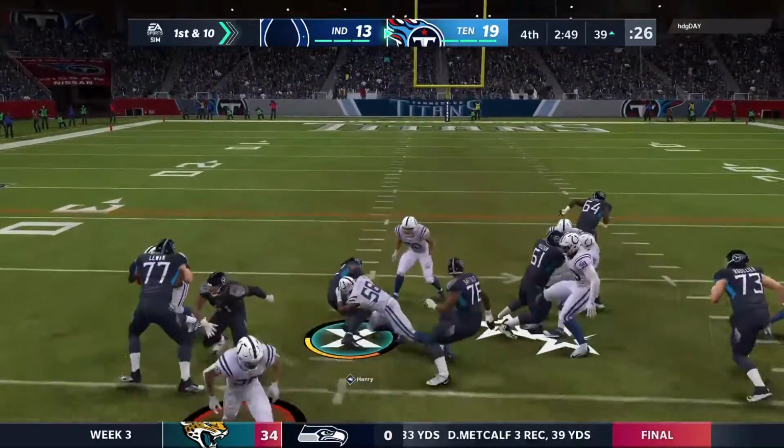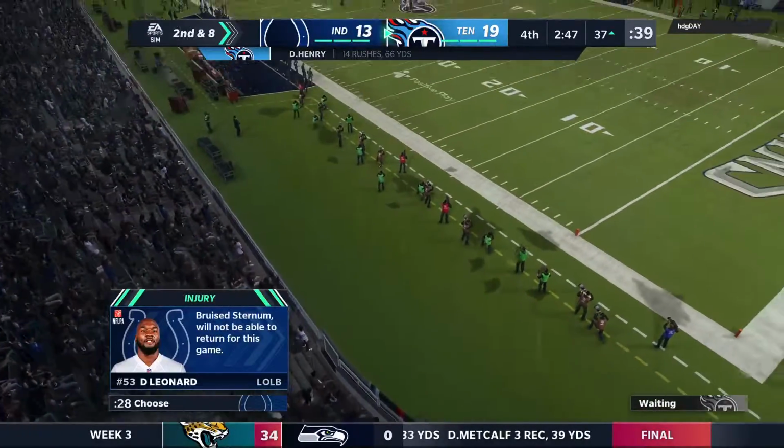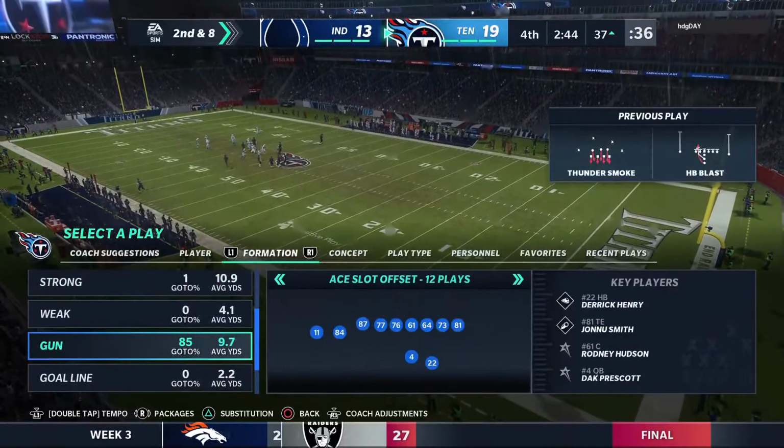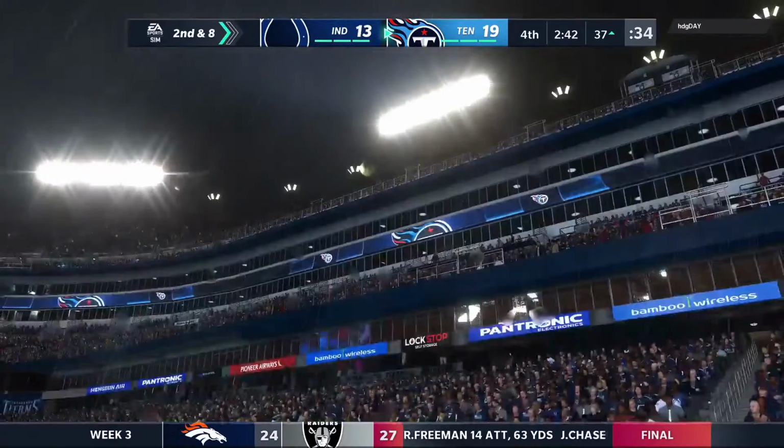A first down carry for Henry. And a short gain there down to the 37-yard line. Well, the objective there, yes, the positive gain, that's nice, but work some clock. Yeah, you're exactly right, but the problem for them is still with